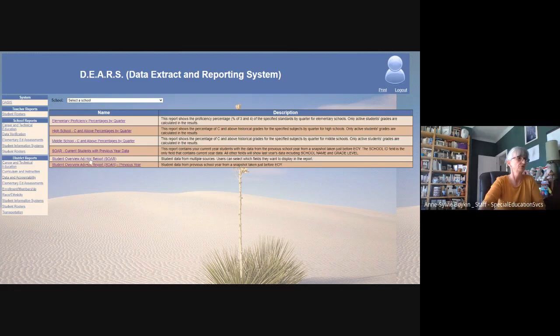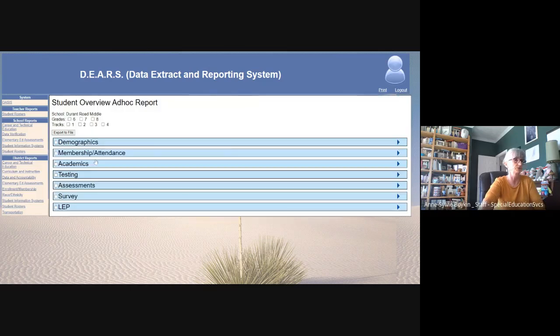So we're going to look into the, oops, I have to select a school. If you are in a specific school, you won't have to do that. You will have only your school up there. So I'm just going to pick one at random and then click on this one. And so when you do that, you're led to this window,